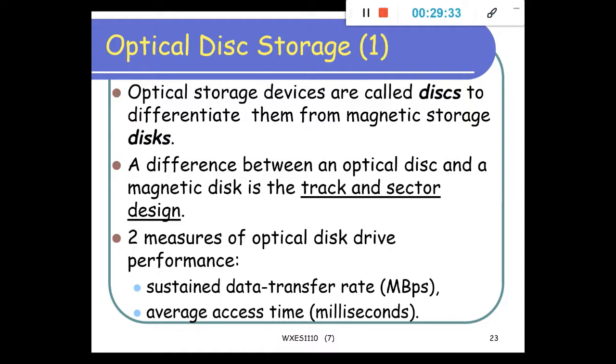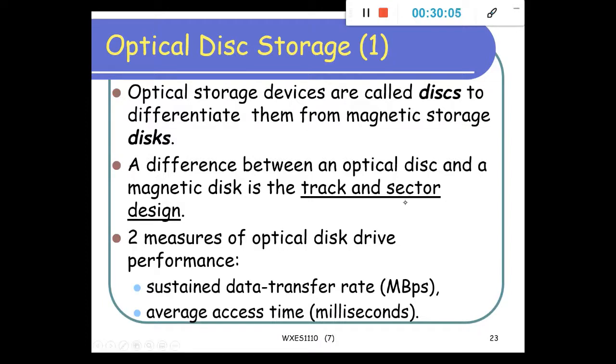An optical disc consists of one spiraling track of same-size sectors running from the center to the rim of the disc. The design allows more sectors and more data to fit on an optical disc compared to a magnetic disk of the same size. So the disk drive adjusts the speed of the disk spin to compensate for the sector's location on the disk. It spins faster to reach sectors located in the center of the disk,